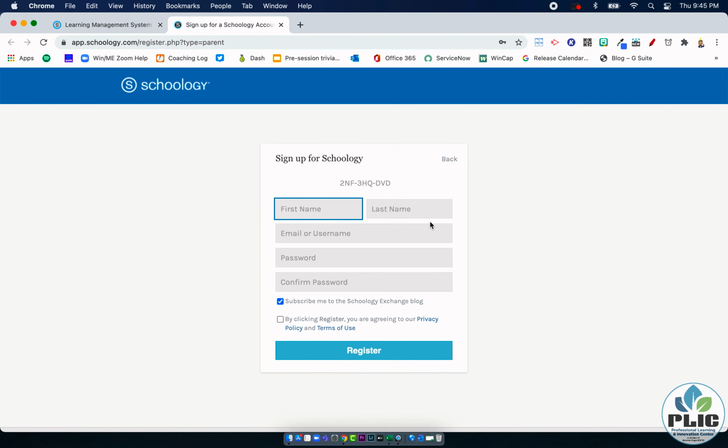Now, this is where I have to enter some information. So I want to set up the first name and the last name. Here's where I'm going to put a valid email address or a username. Again, the big difference between those two is that using a valid email address will allow you to get email notifications from Schoology. Set your password, retype to confirm your password, and then